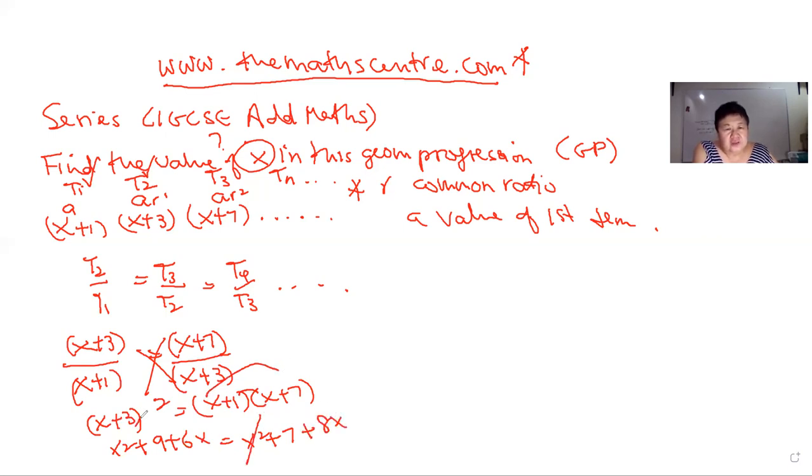So when you solve this, what do you have? You can cut the x squared on the left and right, it cancels each other out. So you're left with 9 plus 6x equals 7 plus 8x. So when you bring over, you have 2x equals 2. x is 1. So therefore, if the value of x is 1,